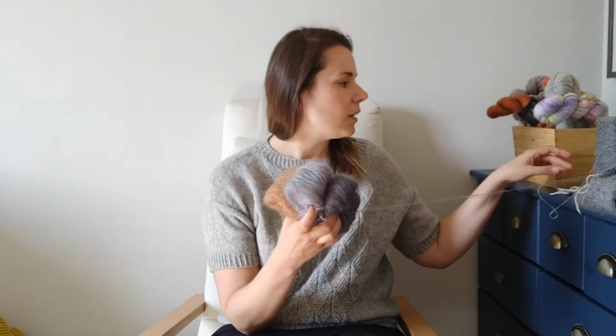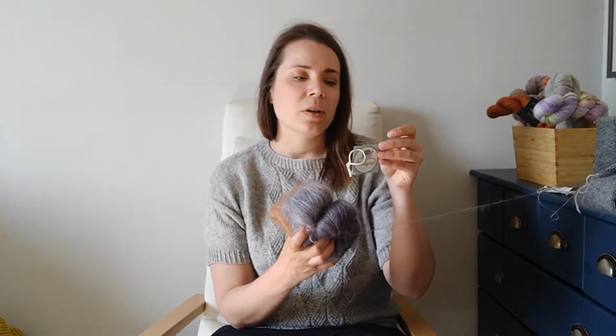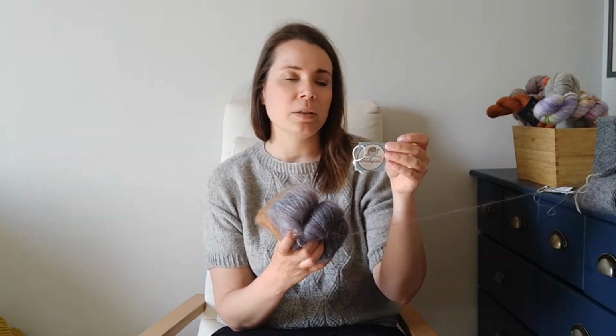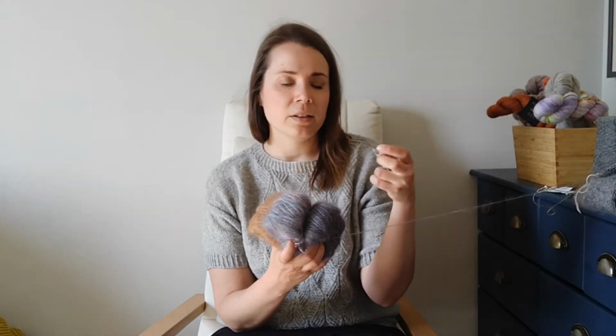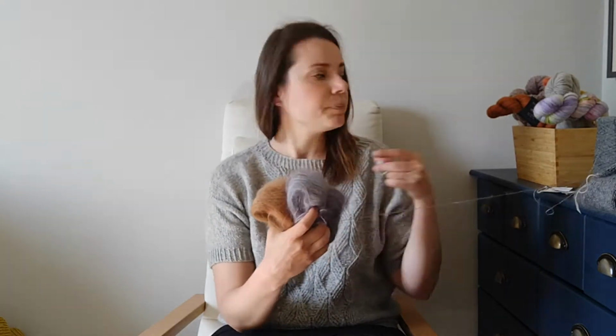And these are silky mohair lace from Snail Yarn. They are 72% kid mohair and 28% silk. And the colors are basalt, pebble, and paprika. And I've been mixing them with